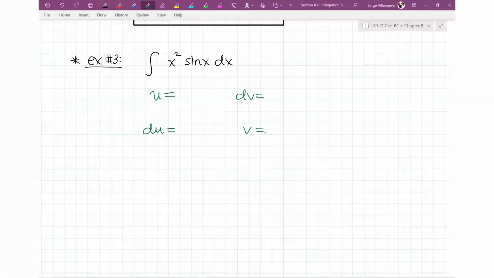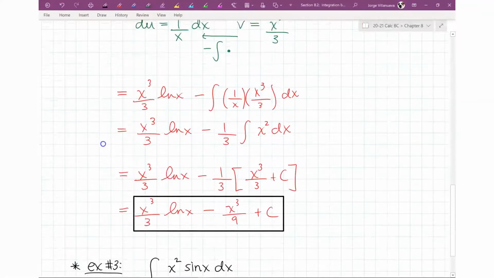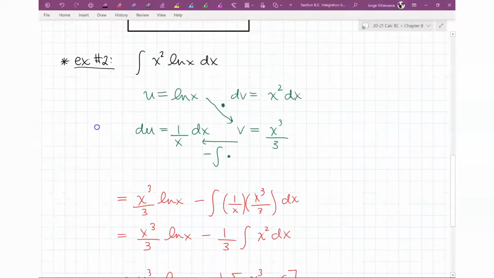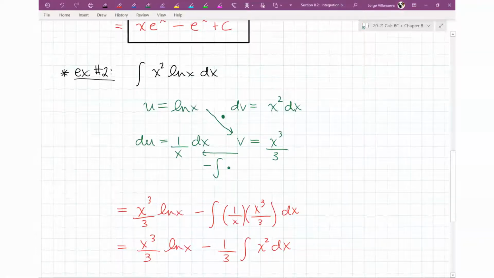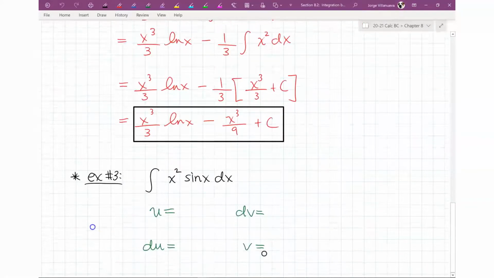Sometimes it helps to make the powers bigger, like the one that we just did right here. Notice I made an x squared into an x cubed, but I was kind of forced to do it because I didn't want to integrate natural log of x, right? So I wanted to take a derivative of it. So that's why I had to make a power go up. But whenever you have a chance, try to make your powers go down,